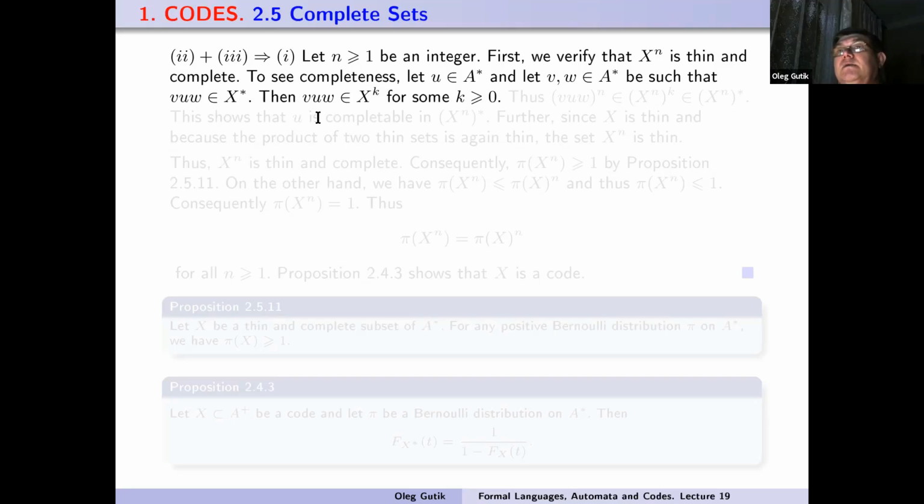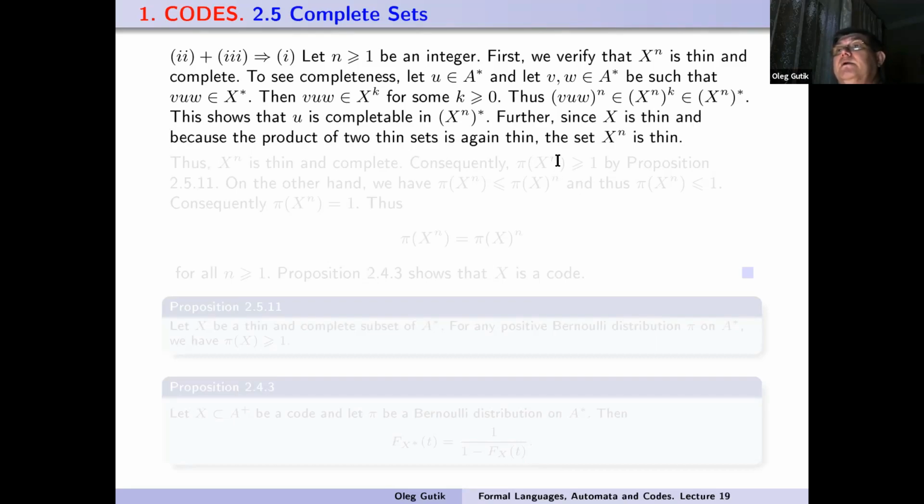Then we get that vuw belongs to X to the power k for some integer k greater or equal to 0. Thus we get that (vuw) to the power n belongs to (X to the power n) to the power k. This belongs to the monoid generated by the set X to the power n. This shows that the word u is completable in the monoid generated by the set X to the power